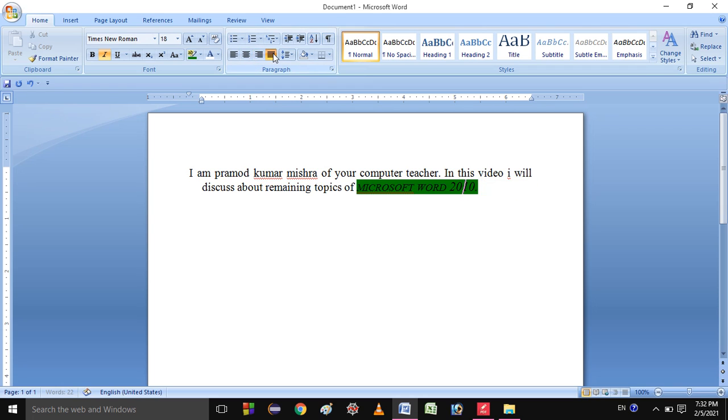If I click on justify, it is equally divided from the left and right margins, but because I have written less text and it is not filling the line completely, it is not visible to you. If it has complete text, then you can see it will be equal from the left side and equal from the right side.